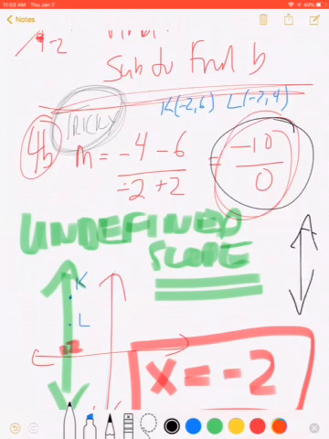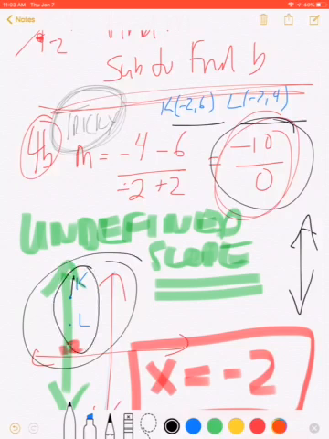If it's a vertical line, then let's go back over here and think about this for a second. These points here, negative 2, 6 and negative 2, 4 are over here. They both go through negative 2, so that's your